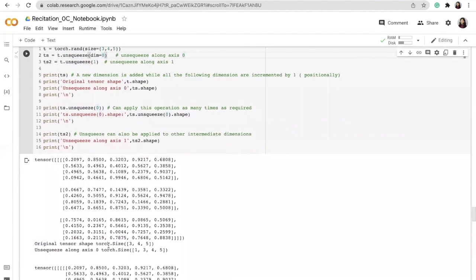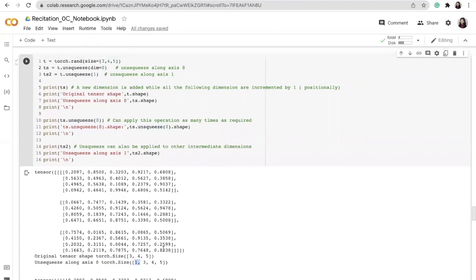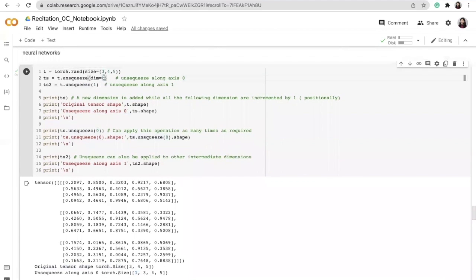So what this will do is it will simply add another empty dimension in our original tensor. So the shape of the tensor changes from 3, 4, 5 to 1, 3, 4, 5 because we have added another extra dimension at the index 0.